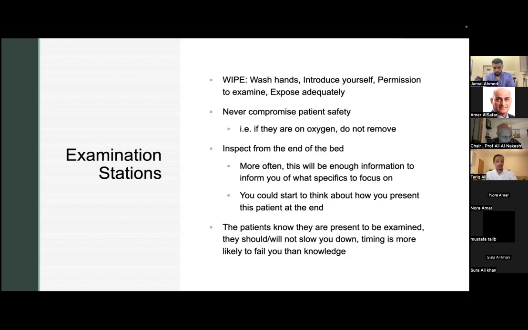They will lean forward. Okay? The thing that fails people most in the examination station is not knowledge. Most people will be able to recognize what type of murmur they've just listened to. The difficulty will be getting that information in a very quick amount of time and being able to deliver that information succinctly. And you cannot do that without practice.